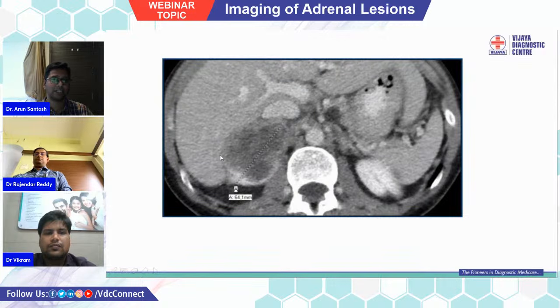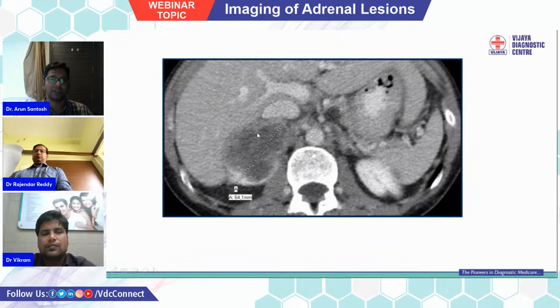Here we can see there is a known case of CA lung, where there is a heterogeneously enhancing mass in the adrenal. One of the commonest sites of metastasis to the adrenal is from the lung. So in any patient of CA lung, or any lung pathology, we cover the sections up to the upper pole of the kidney, including the adrenals, so as to rule out any adrenal deposits, as lung cancer generally tends to metastasize to adrenals. Though most of the incidental lesions we see in adrenals in a case of malignancy turn out to be benign most of the time.